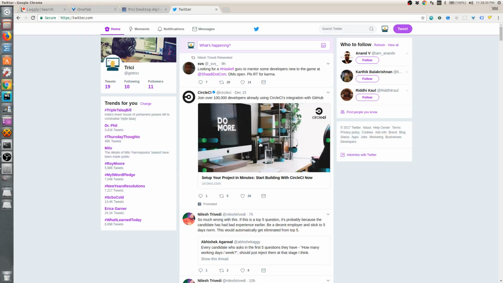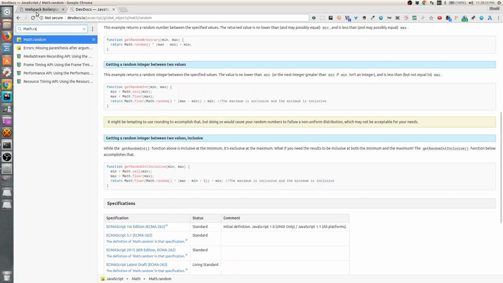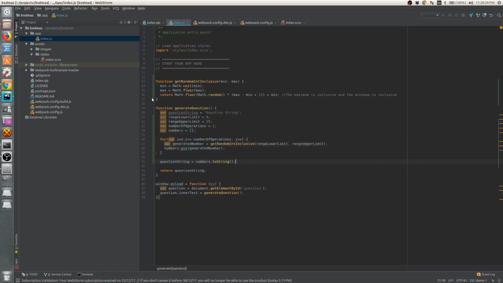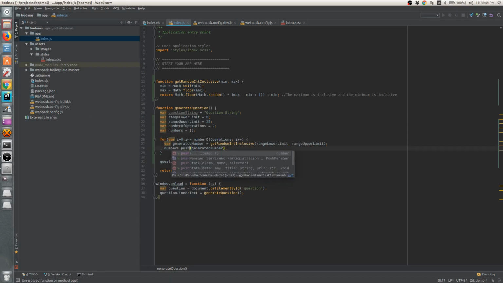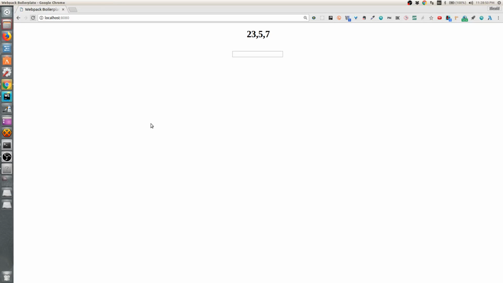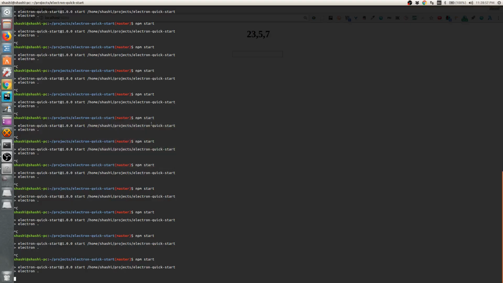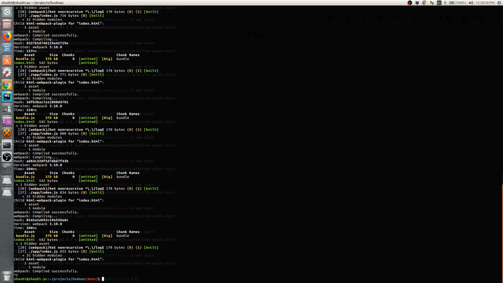And now if I go to my browser, I can see that the numbers are generated. Great. So this is sort of a logical point in our code, and what I'm going to do now is